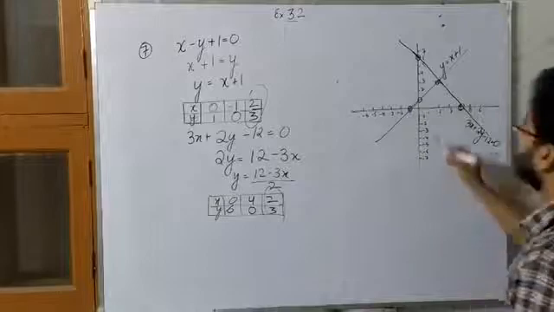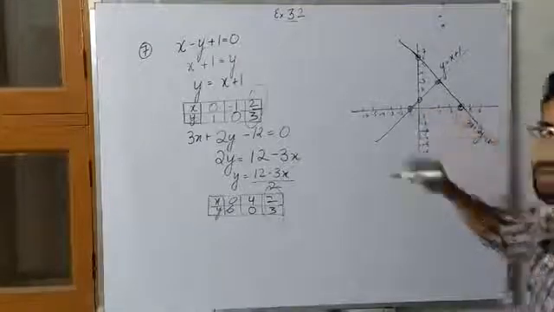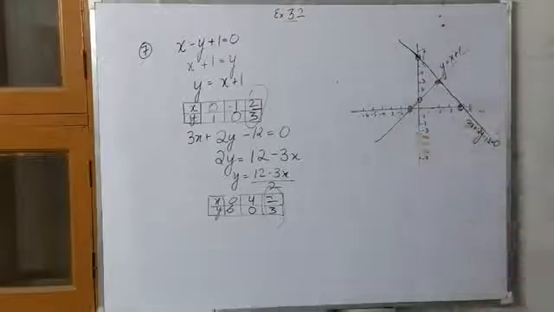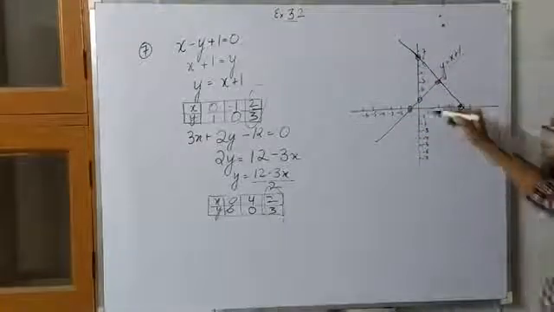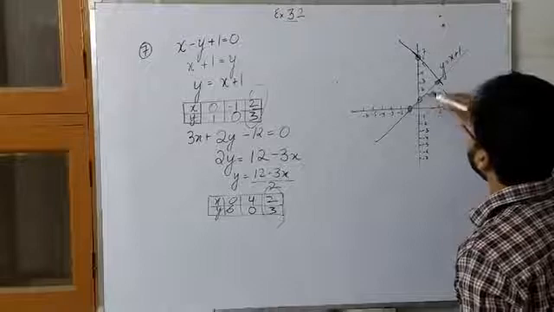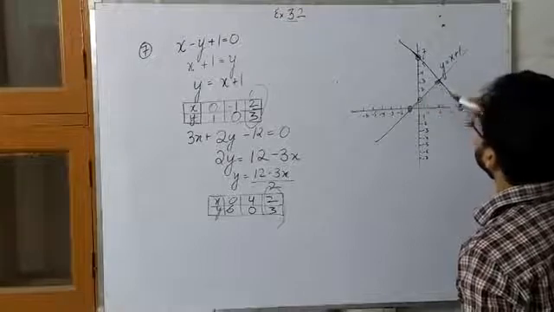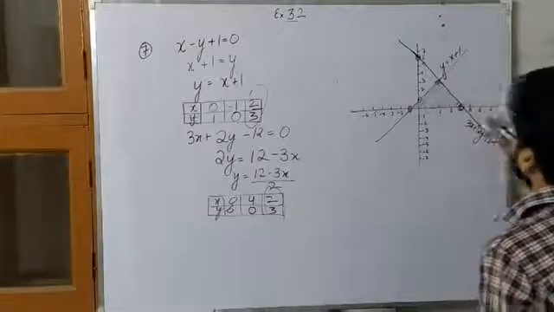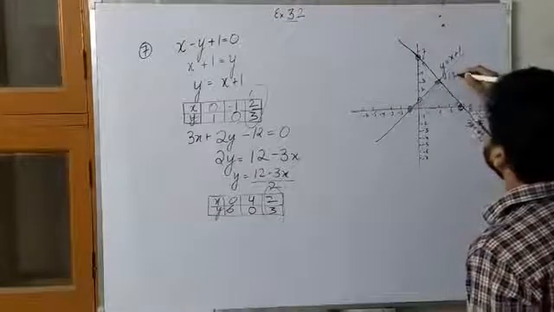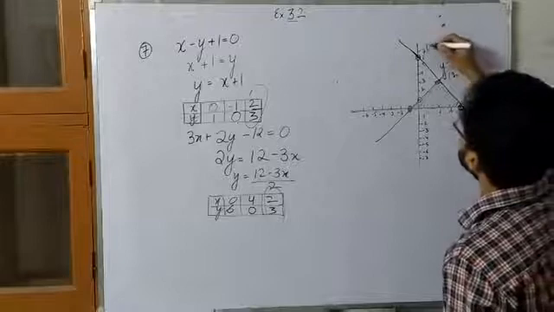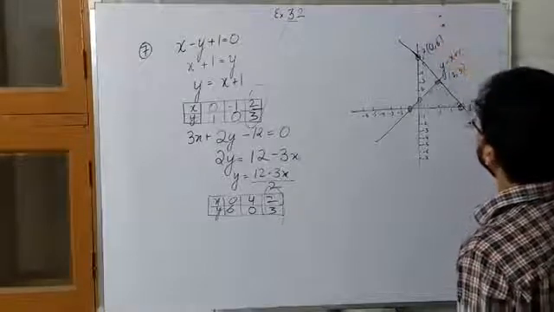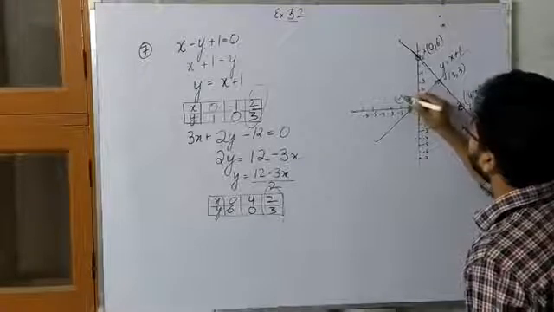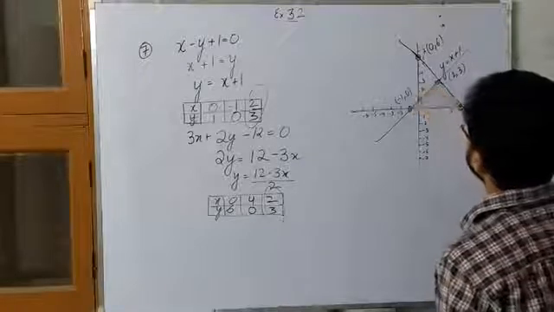Now what you are supposed to do, you need to shade that triangle. ये जो lines, x axis को जहां टच कर रही है उससे एक triangular region बनेगा और आपको shade करना है. So with the help of a pencil you will shade this region. Okay. Now what is this point? 2, 3, and this point is 0, 6. This point is 4, 0, and this point was minus 1, 0.